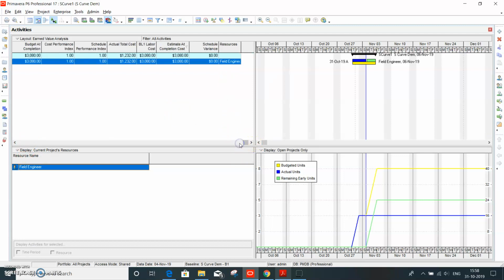But if there is going to be variation in that, then yes, that will be indicated in the graph itself. When you sum the remaining and the actual, it will go beyond the budget. So that will be an indication of whether you are overspending on what is actually budgeted at that point of time.